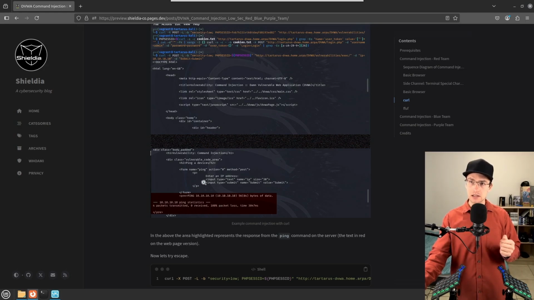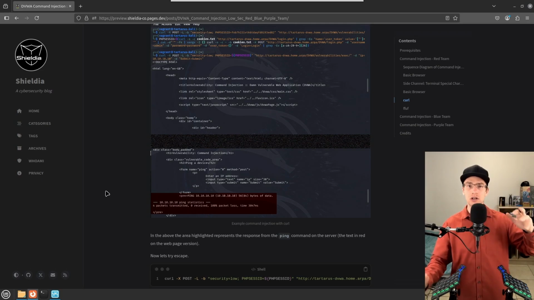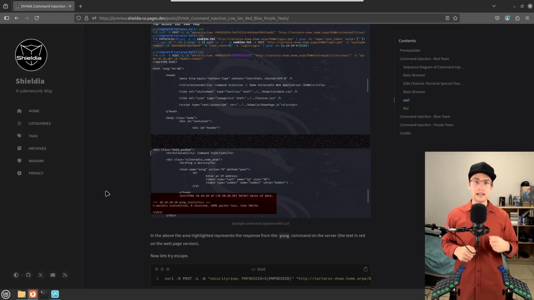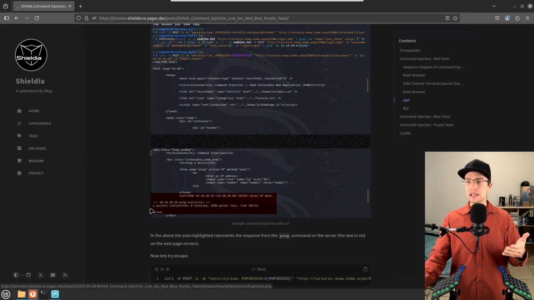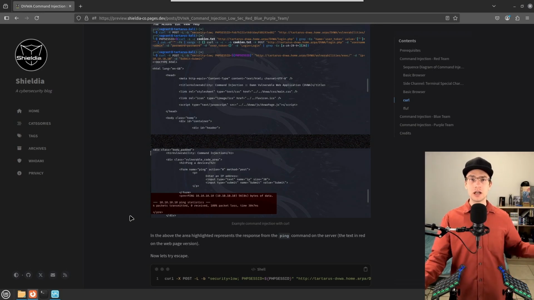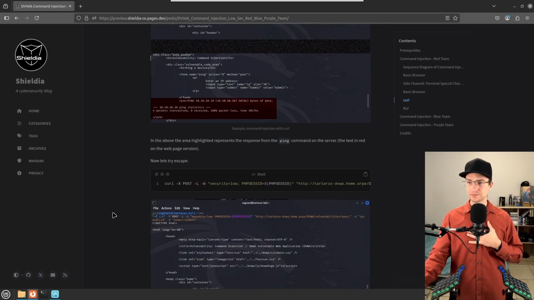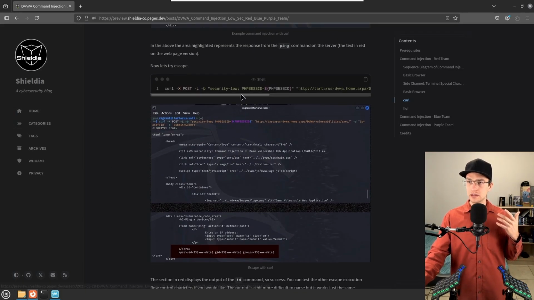Then it does ping because it's HTML. Curl is not going to render it like a browser would. It's just going to output the HTML to the terminal, and then you can go through and read that, yes, it has, in this case, successfully executed the command, but the command has failed because the IP address 10.10.10 doesn't actually exist. If you wanted to try it yourself, then you could do it with the